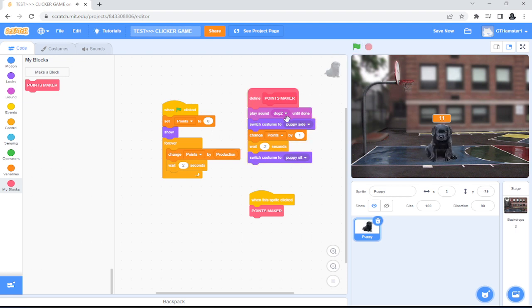Now say I don't really like how he's going to the side. How about puppy back? That doesn't look right either. How about puppy right? I guess that's fine. So now that we've done all the adjustments we want to, how about we make